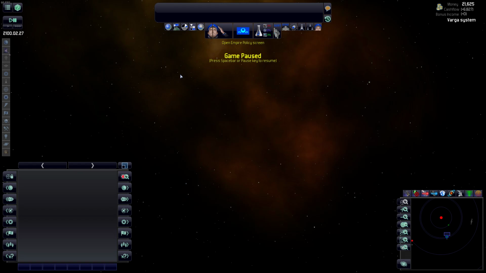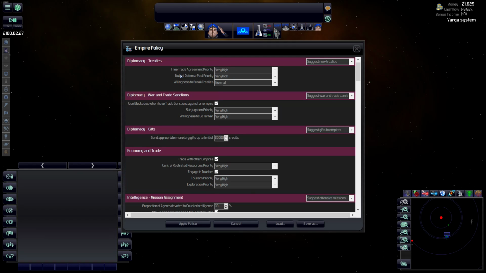Under policies, if you're wanting to learn how to play and manage everything, then you want to set all your policies on suggest. Later on, some that you might change to automatic are like your gifts, because there are so many other empires, it's hard to manage or to remember to give gifts and to kind of schmooze with them. So you just set that on automatic, and you can set this to higher, but if you left it at